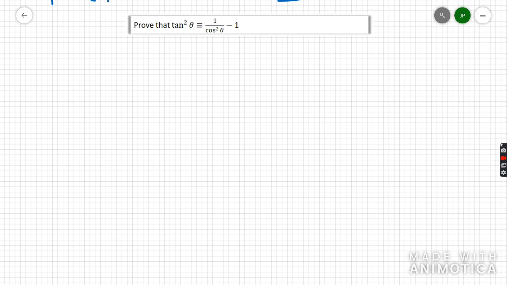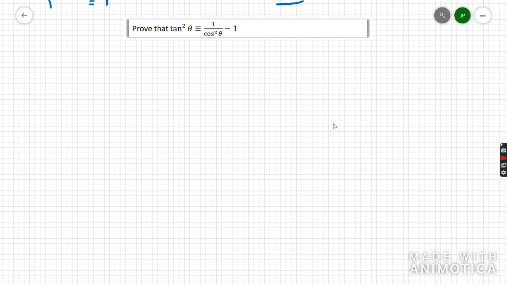Last one you should have tried. Prove that tan squared theta is the same as 1 over cos squared theta minus 1. So we've got a tan theta again. Tan squared theta is the same as sine squared theta over cos squared theta. Because I've got a cos squared down here, I want to try and keep everything in terms of cos squared. So I rewrite sine squared as 1 minus cos squared theta